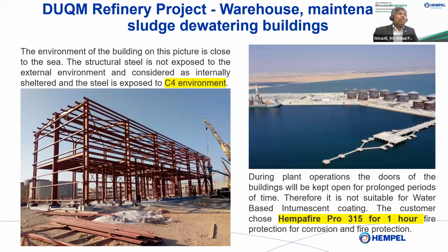Then we said it's going to be covered, it's a warehouse structure. There's a ventilator, it's a ventilated structure, everything is fine. Therefore, you can say it is C4, sir. No, not to worry. The operation guy comes in and he says, the door will be open during the plant operation. Therefore, I expect the wind to come in,